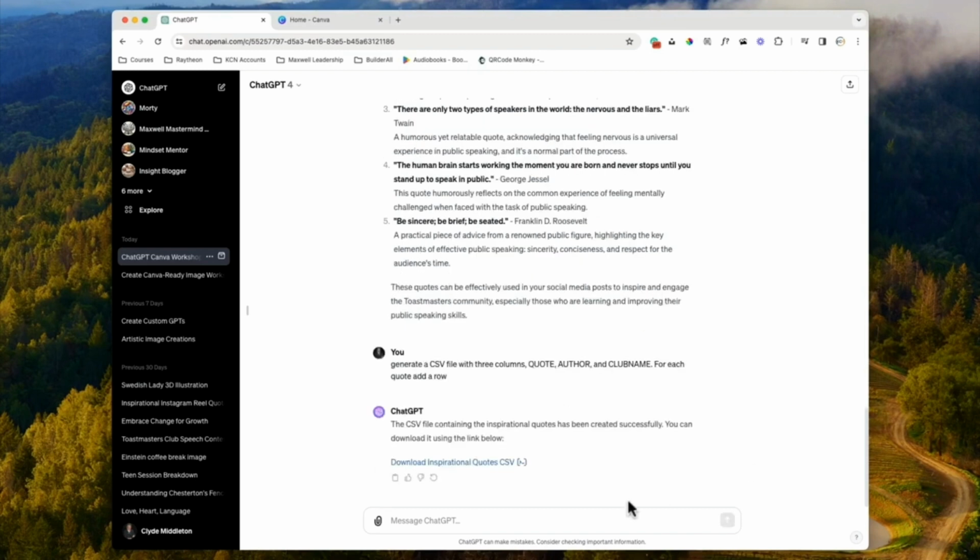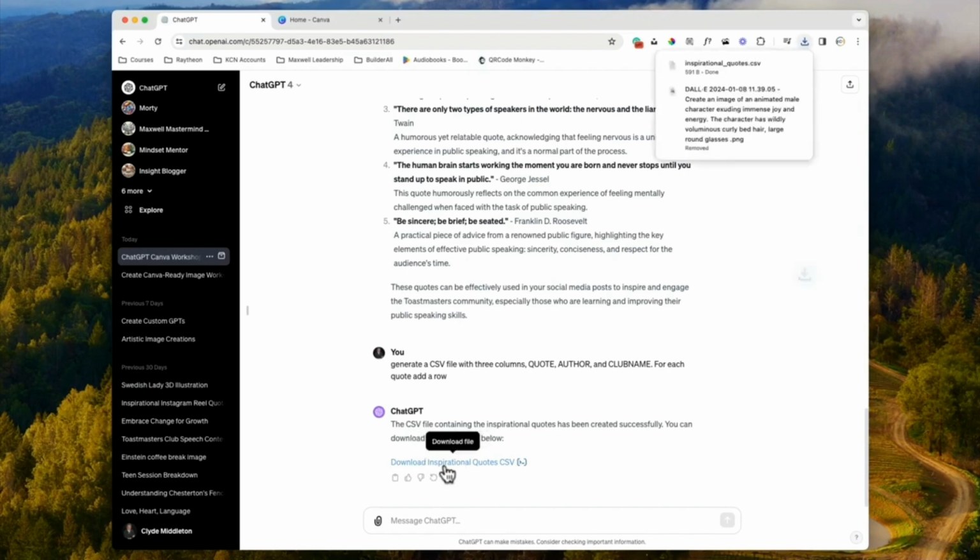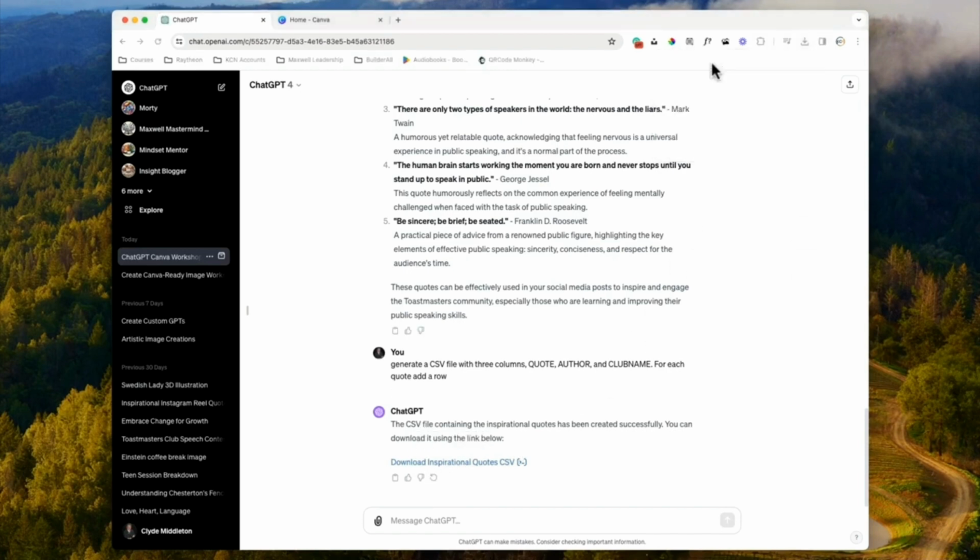And here we have it. We now have a file that we can download that contains the quotes. What we want to do is download it and save it to our computer. Now, this is a file that any spreadsheet application can read.